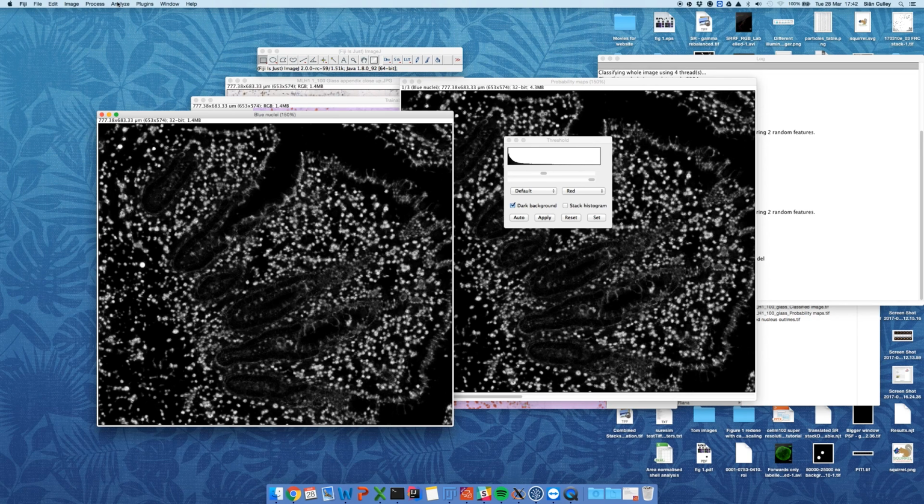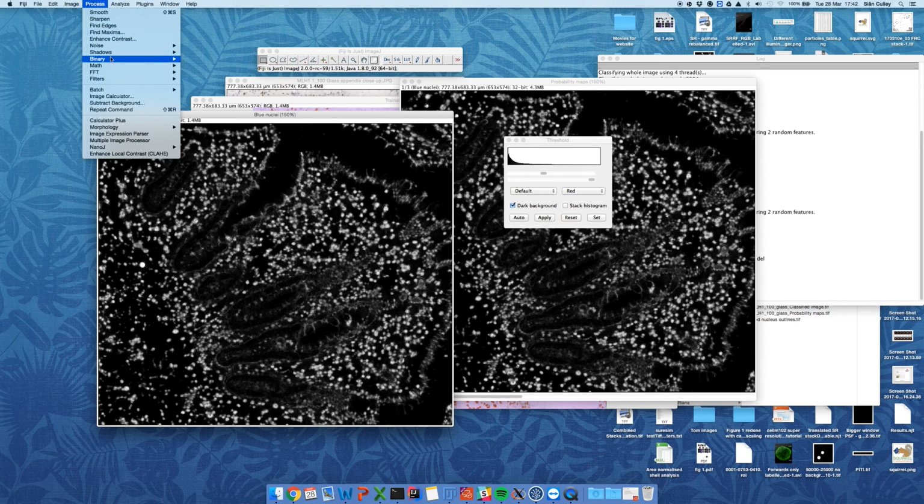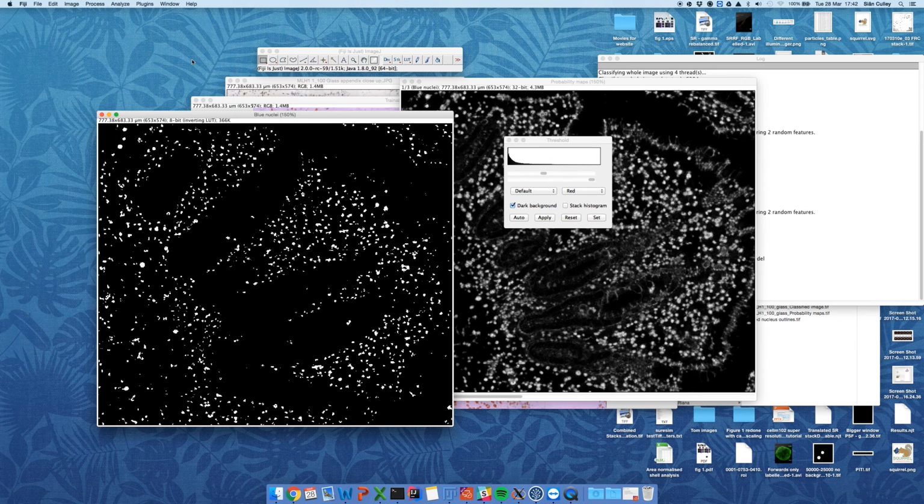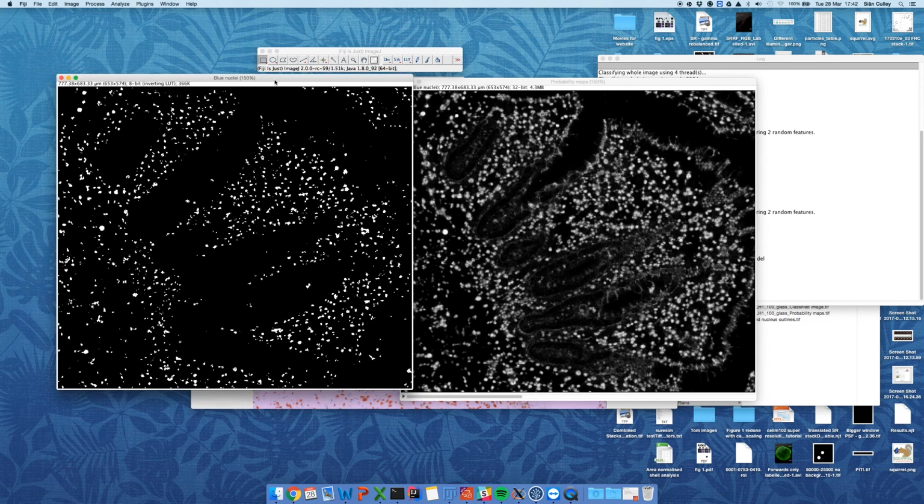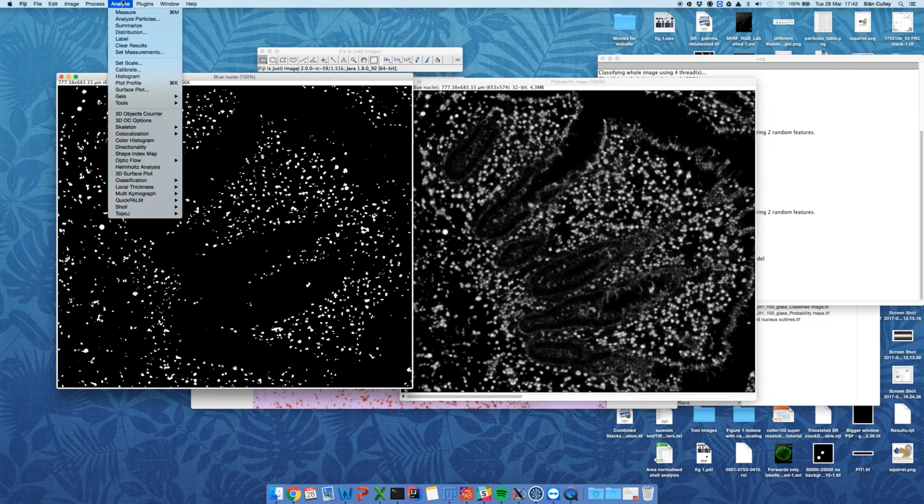However, if we then go to Process, Binary, Make Binary, what you can see is it's actually kind of retained the information from that thresholding, and you can then convert it into this binary image where our background, our not nuclei, is 0 and our nuclei are 255, so the maximum value of an 8-bit image, which is basically 1. I'm going to exit threshold, and now what I'm going to do is measure these particles. So I'm going to go to Analyze